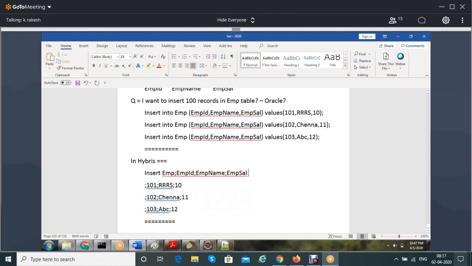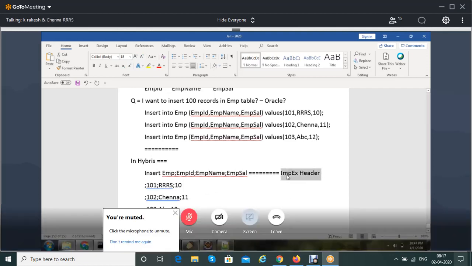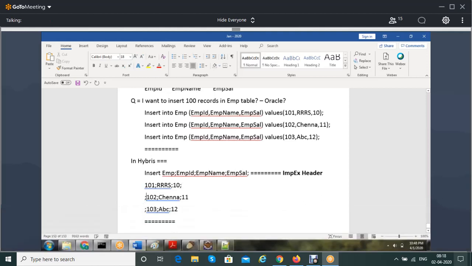So the semicolon at the first line, is it the starting syntax? This is called the impex header. It's not a matter here. If you are giving a semicolon here, don't give it there. If you are giving it at the end, don't give it at the start of the record. If you are not giving it at the end, give it at the start of the record.